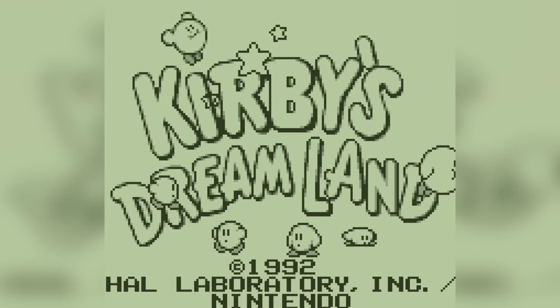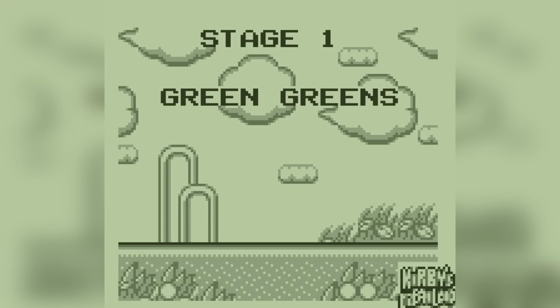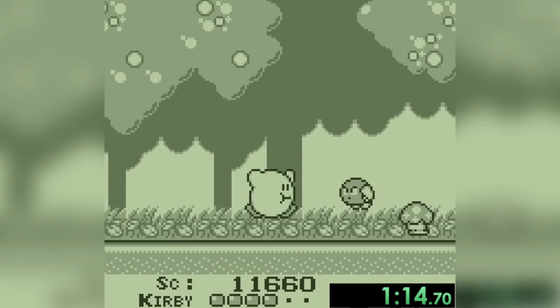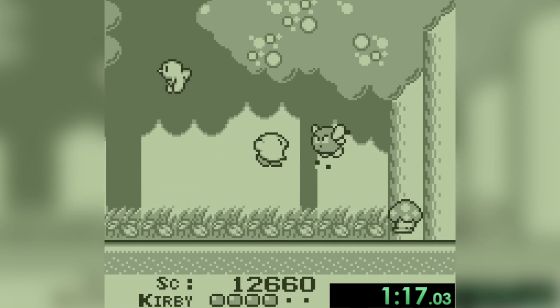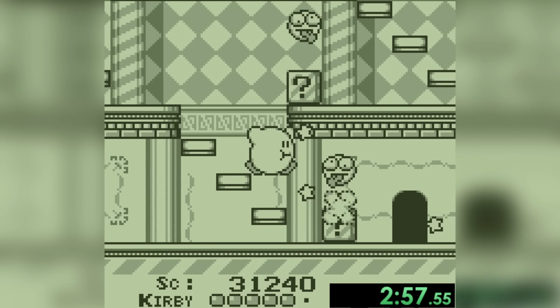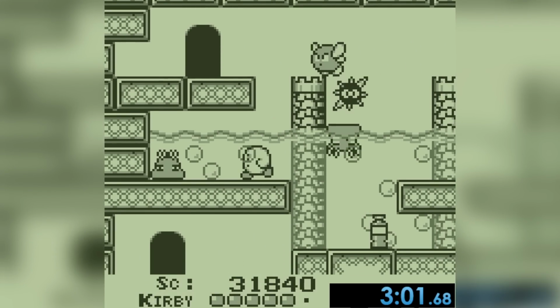Alright, our quest starts off with Kirby's Dream Land on the original Game Boy. A very short game that contains a total of 5 levels, which is not a lot. Sadly for us, the first world, Green Greens, doesn't actually feature water anywhere, but let's not worry too much, because when the game shows us the intro cutscene for Stage 2, Castle Lololo, we can see some water over there. After going through a few doors here and there, I ended up in this room, and